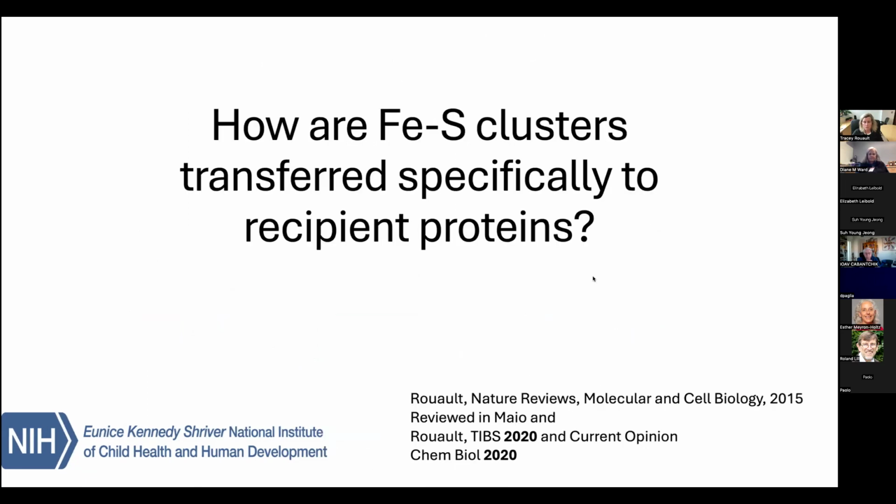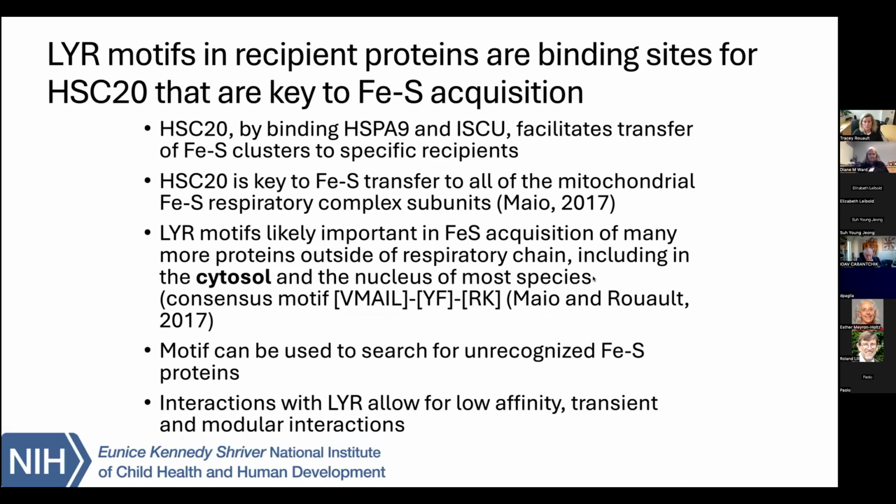So how are these clusters transferred specifically to recipient proteins? We found in SDHB, which has 3 iron sulfur clusters, we did a huge yeast-2 hybrid study and a great deal of work to try to find what the motifs or features were in SDHB that made it a recipient for receiving the iron sulfur cluster from the synthesis apparatus that I just showed to you. And after quite a bit of analysis of the data in different pieces,